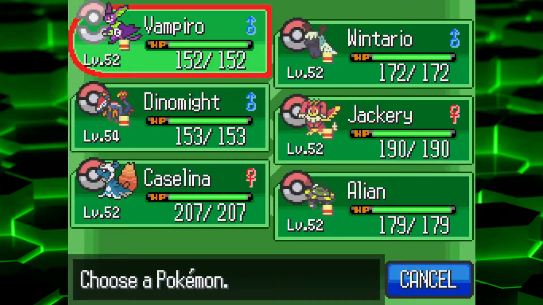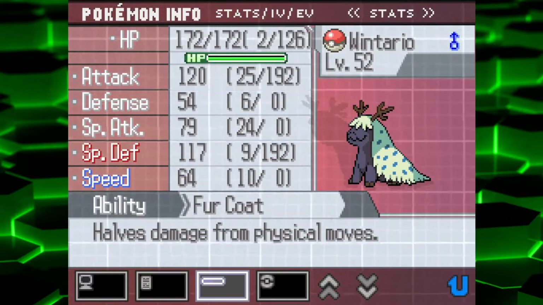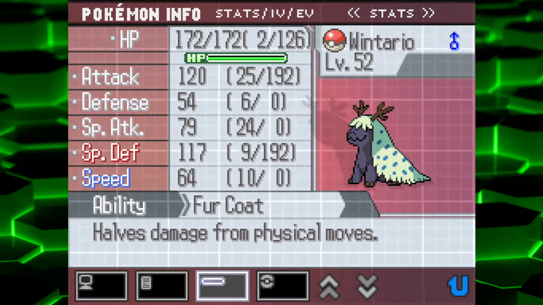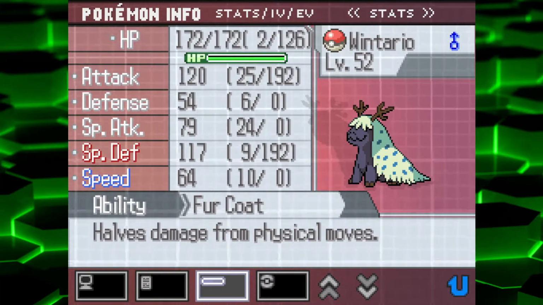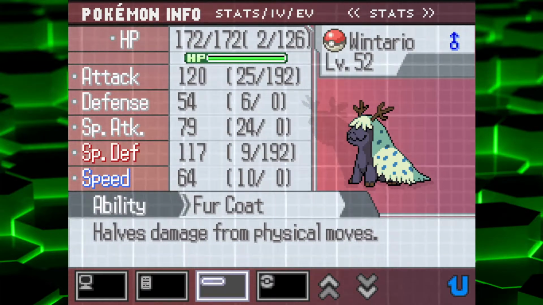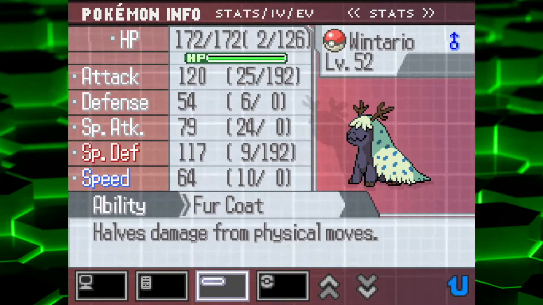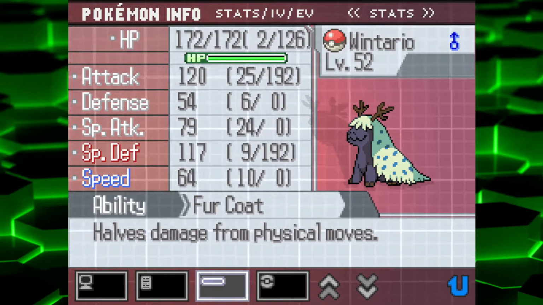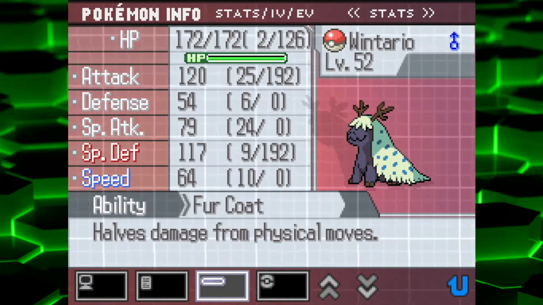I know that I didn't give any speed investment to Wintario, but because it is a Sassy nature, I think its speed is down. Yes, its speed is decreased, but its special defense goes up. So I was like, well, I don't really need to put any speed investment, because 10% less speed is going to hurt it a good chunk. And plus, what is it called? It's called a Faf Winter, I think? Yeah, Faf Winter. I think it's like...